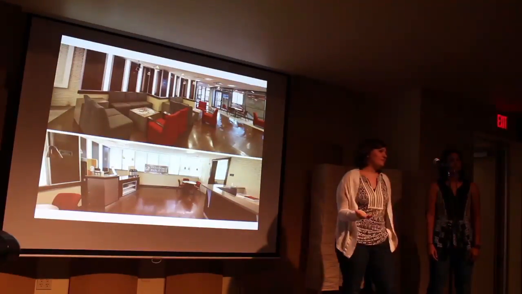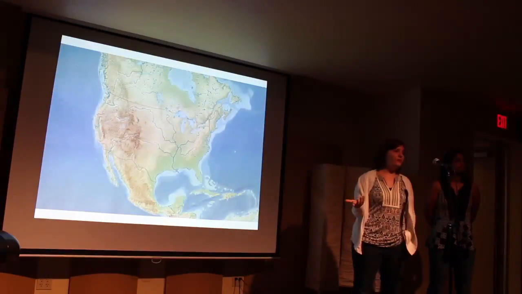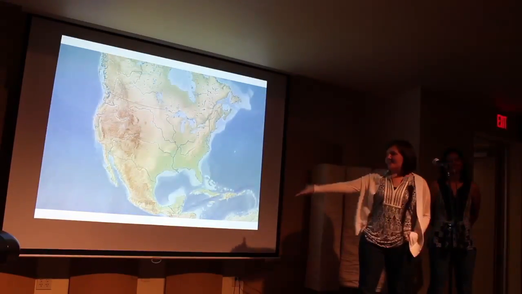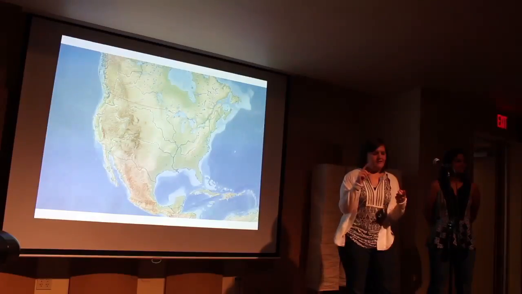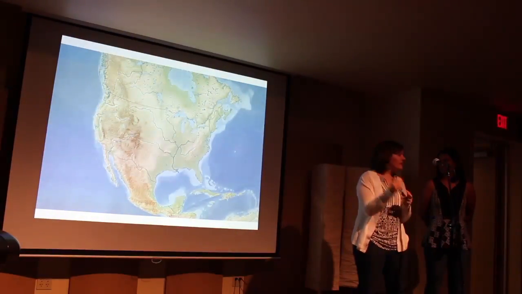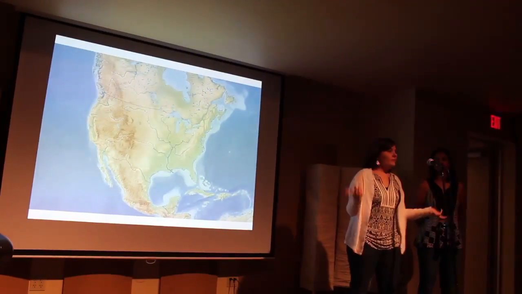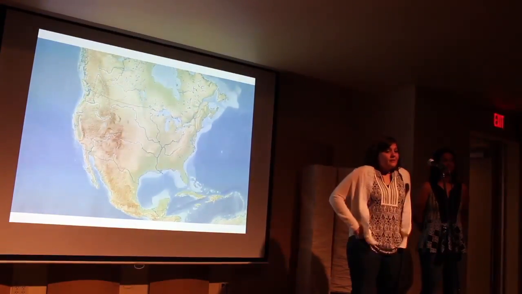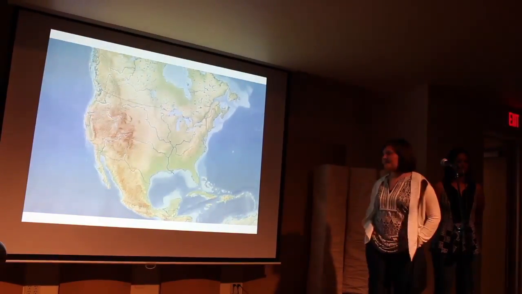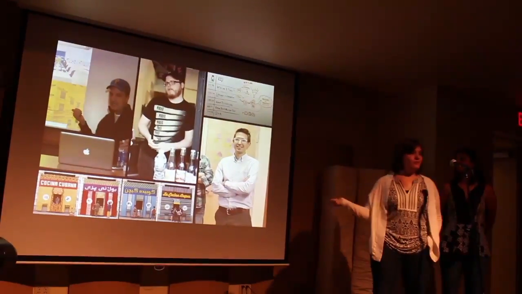And so looking at the borders, we pretty quickly ruled out the Canadian border. There's not a lot happening there. So we looked at the southern border in Mexico, and of course there's human trafficking and drug smuggling, and then there's that wall that we built between us. But ultimately what our students decided to focus on was the issue of immigration. And immigration being a huge topic, we had to phone a few friends.